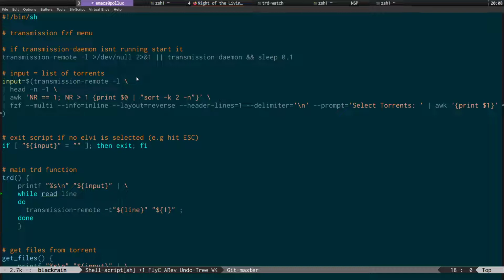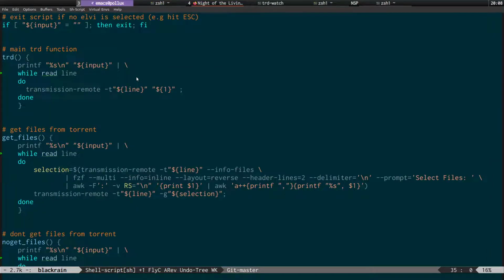If there's no selection, you've escaped, and we just quit back to the terminal. We've got the main function down here. Then we've got the get files function, and basically what this does is we create a selection variable, and we run transmission-remote --info-files, and we pipe that into FZF. And then finally we pipe that into awk to manipulate the output, because